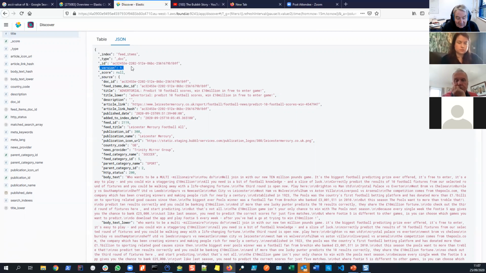Again, this is standard. With Elasticsearch, with any of these databases, nothing ever gets deleted. Even when you update something, it doesn't actually update it. What it does is bring you a new version of it. So if this document was updated, what you would see when searching would be version 2 of it.